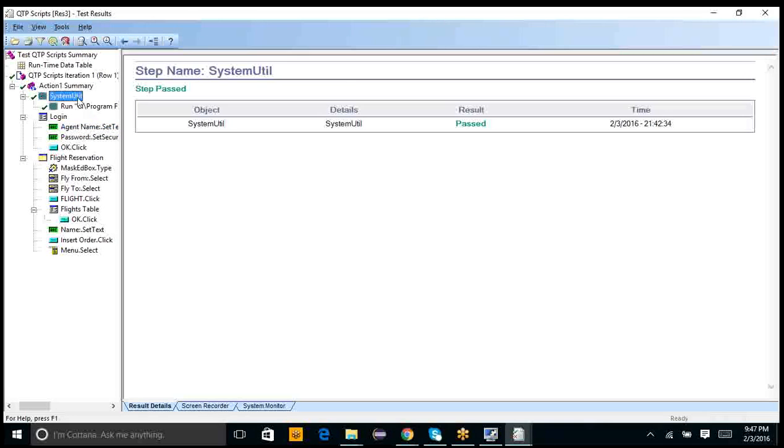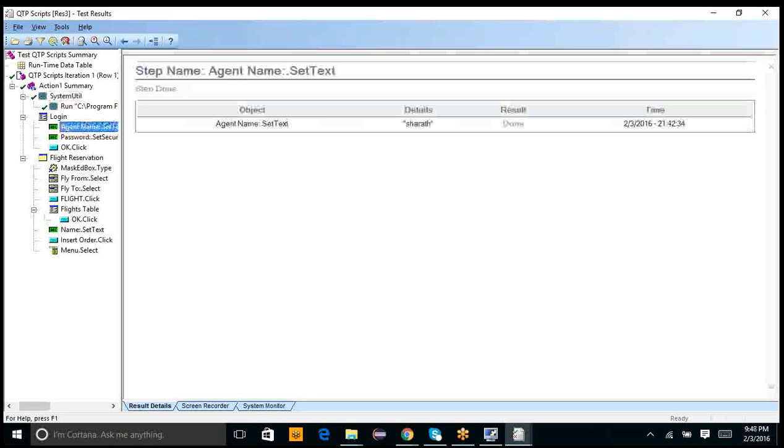Because the previous step is a utility by QTP. It is a script we mentioned. System util dot run is the QTP predefined utility. For all the predefined utilities of QTP, automatically it will validate the step on its own.